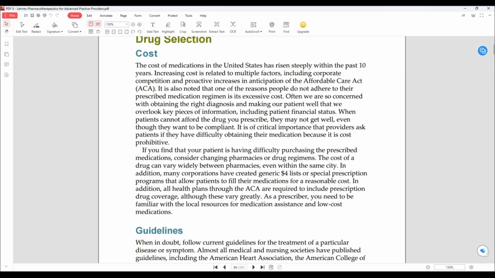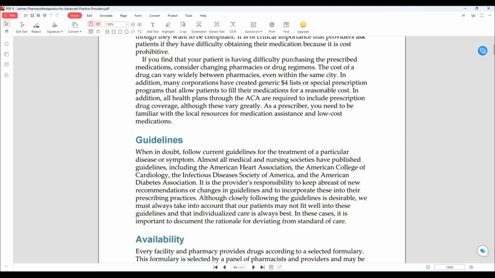The cost of a drug can vary widely between pharmacies, even within the same city. In addition, many corporations have created generic $4 lists or special prescription programs that allow patients to fill their medications for a reasonable cost. In addition, all health plans through the ACA are required to include prescription drug coverage, although these vary greatly. As a prescriber, you need to be familiar with the local resources for medication assistance and low-cost